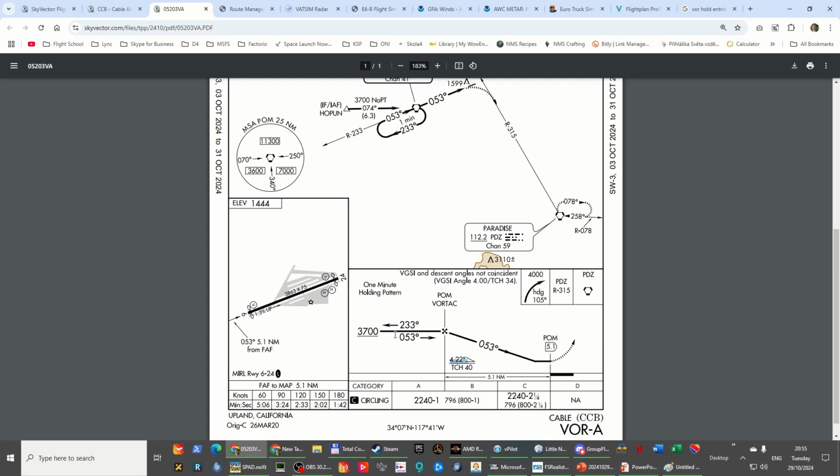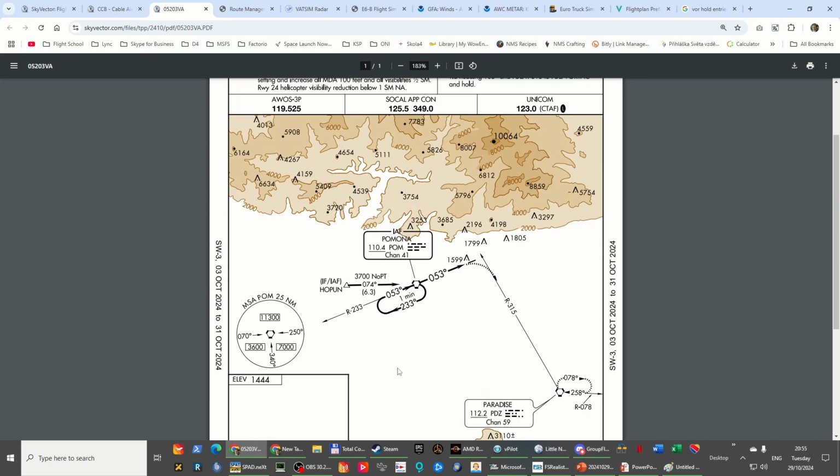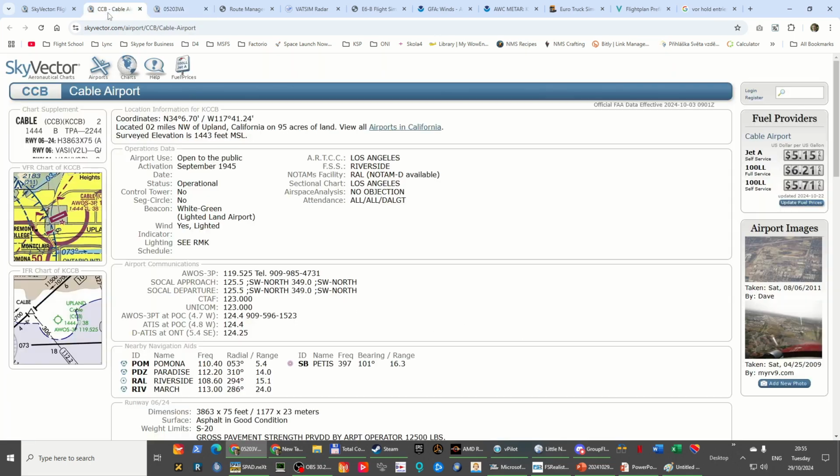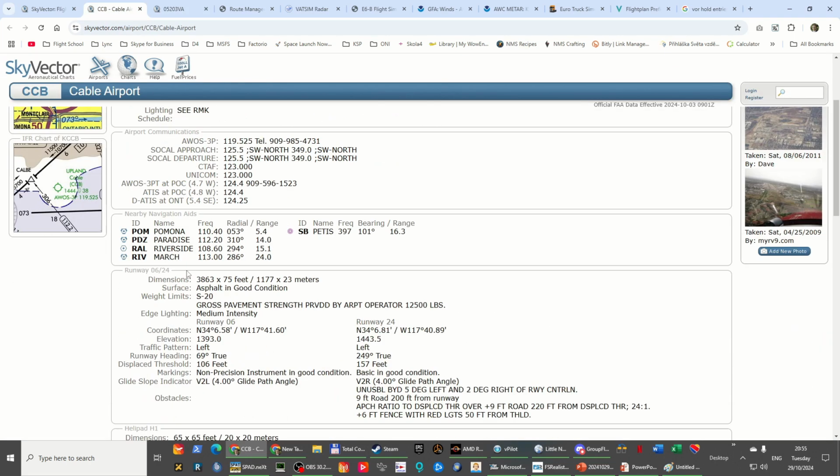Maybe drop some flaps already at this point, because it's just 5 miles to the runway. On the other hand, this is VOR Alpha, so it has only circling minima, but as you can see, the course is 053, it is runway 6, and runway 6 in this case has